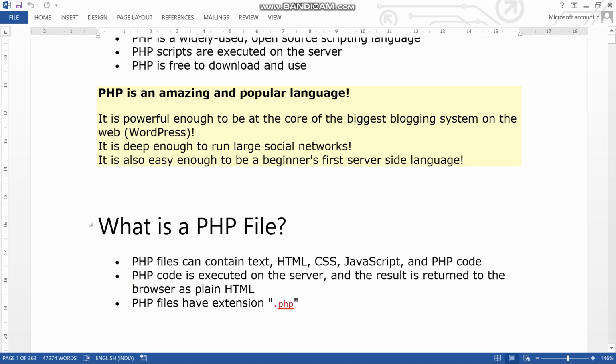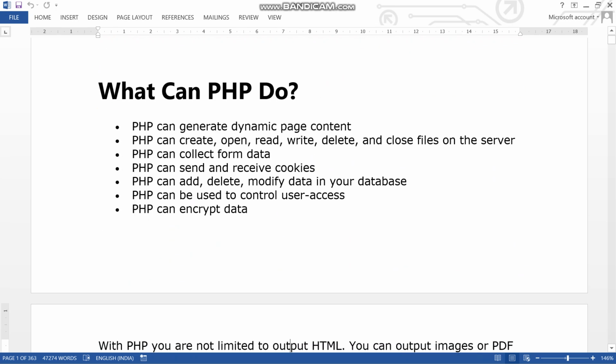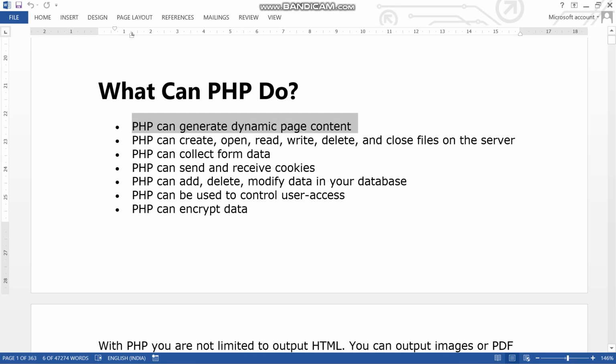So what is a PHP file? That we have already discussed. PHP is the extension. What can PHP do? It can create dynamic pages. One of the persons told me, yeah, what are dynamic pages? So what is dynamic pages? Dynamic pages means you can say